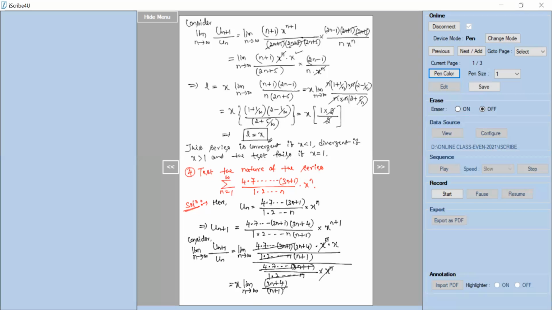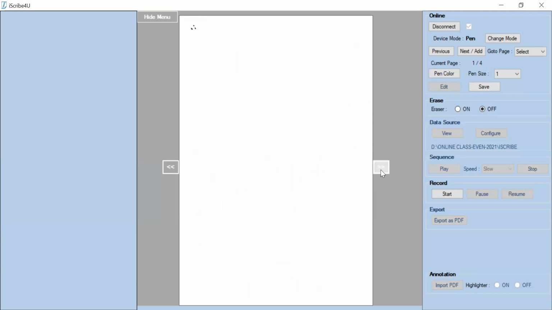Now again here, I cannot substitute the limit because it becomes indeterminate, n by n. So I can take n common and simplify. So this is x into limit n tends to infinity. If I take n outside, it is n into 3 plus 4 by n, divided by the denominator, where if I take n outside, it is 1 plus 1 by n. So that this n gets cancelled. And now if I substitute the limit for n here, it becomes L equals